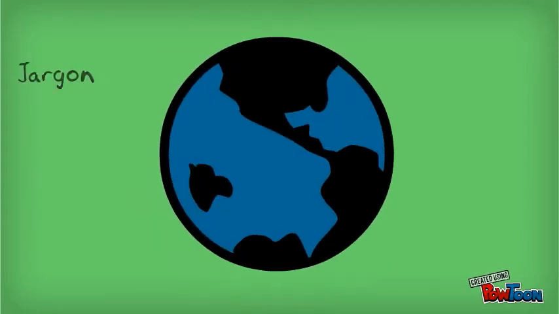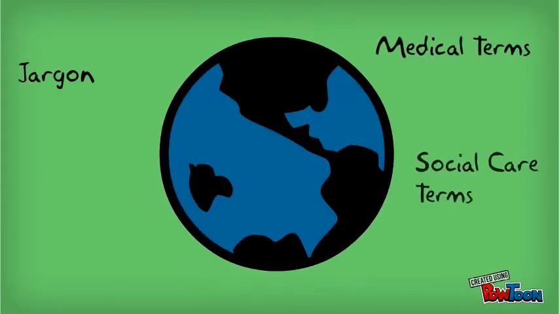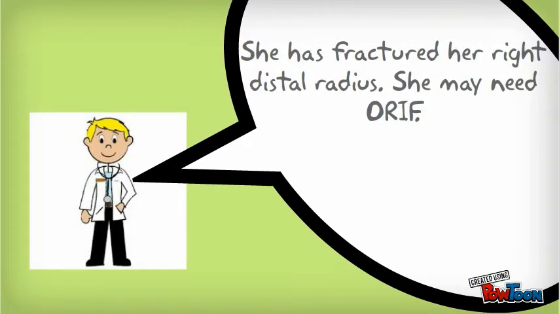Jargon, including medical or social care terms, is often shared frequently between colleagues in health and social care. This type of language is universal and is usually learned during training as well as in the workplace. Through using this type of language, it ensures that the same definitions are used by the professionals involved, and everyone understands what is being said. The words used are much more concise.